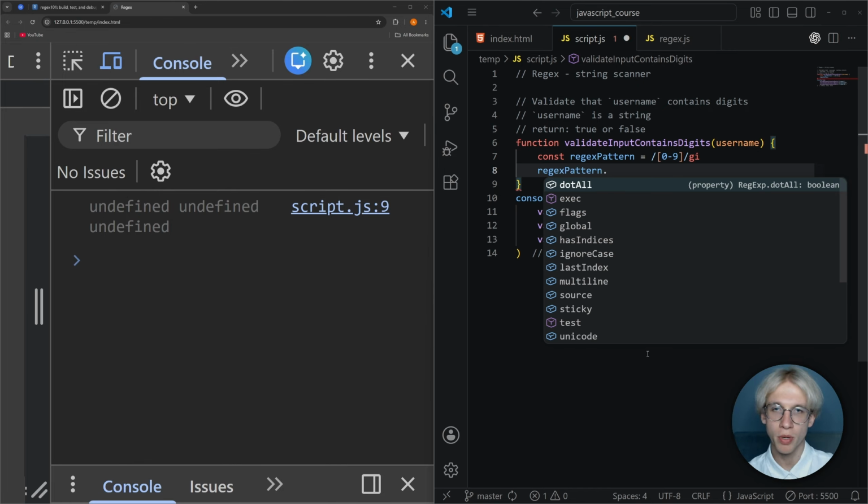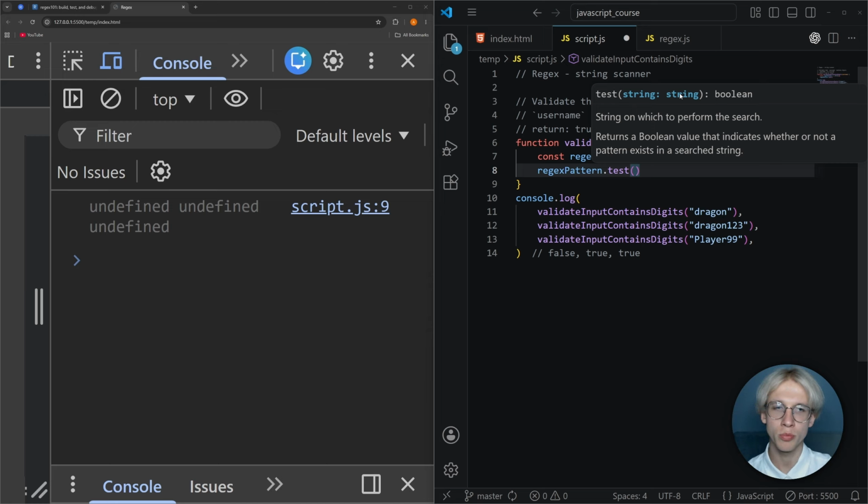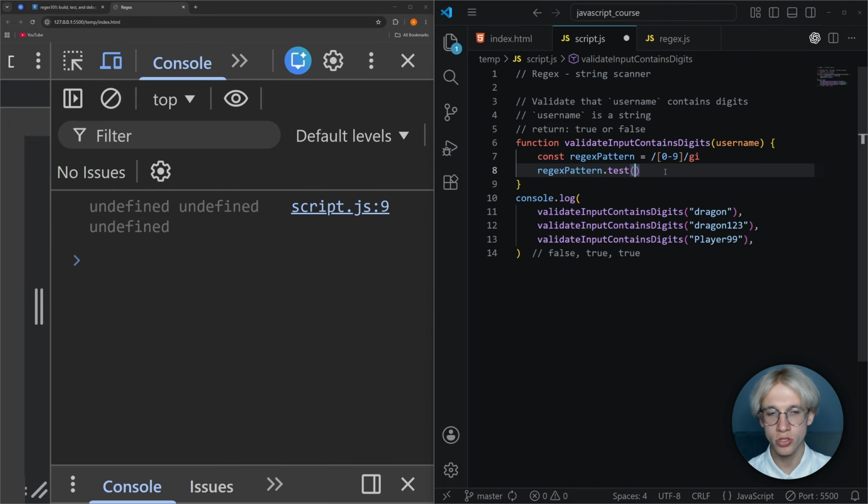If you write regex pattern dot, you will see the list of all properties and functions that the regex has. One of the functions is called test. So we will use this function, and if you look at the description of this function, you will see that it expects one input parameter string and it returns a boolean, so true or false. Basically it works in the way that if a match was found, it returns true, and otherwise it returns false. So now here we can pass the username,